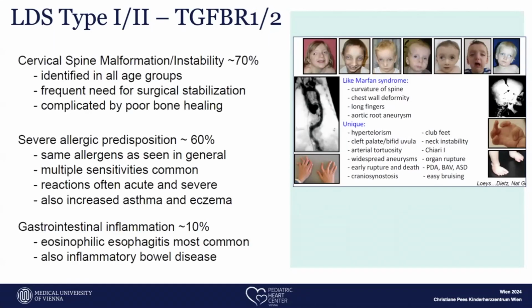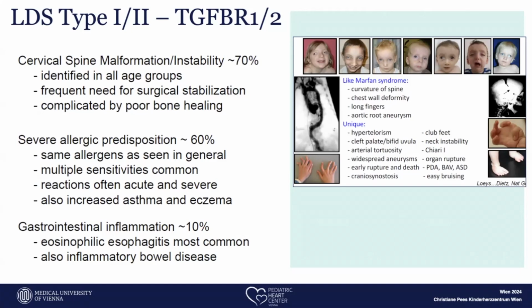In 70% of Loeys-Dietz patients, we have cervical spine malformations, which can cause frequent need for surgical stabilization, and it can be identified in all age groups. And we do have allergic predisposition, which is in 60% highly elevated compared to the general population. We do have a lot of food allergy problems in patients,